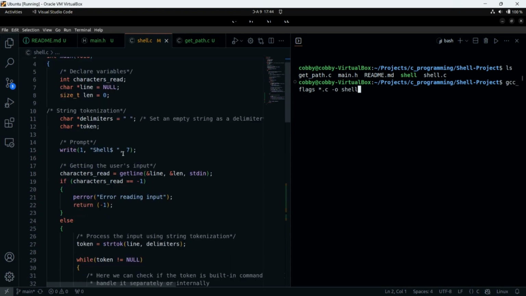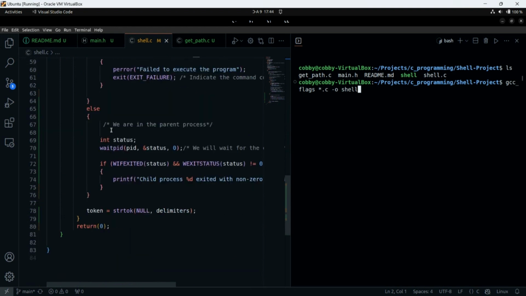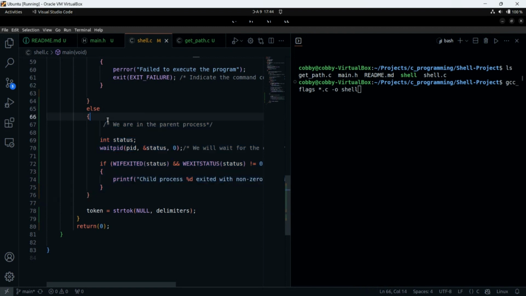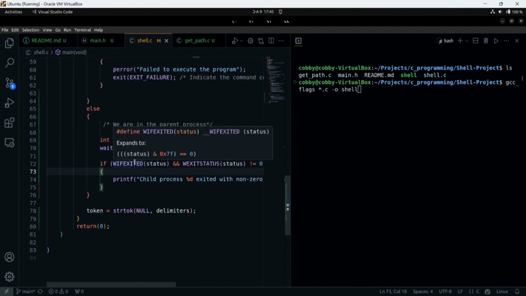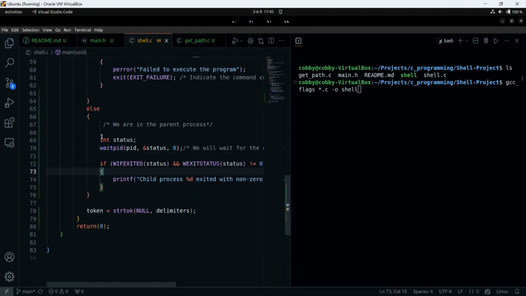I would have explained how you can get some parts of your code into another file. You can equally get everything here into another file, and then call the function inside it. So basically, you know what you're doing. Let's say you write something like "we are in the parent process", and then you put a function here, and the function you wrote contains these codes. Then you call it here. That also works for splitting your code into different files, but you have to return void, and sometimes you return based on what you are expecting, like if you want to string compare, you return that particular string. So basically, yes, but don't worry, our main file is safe now.